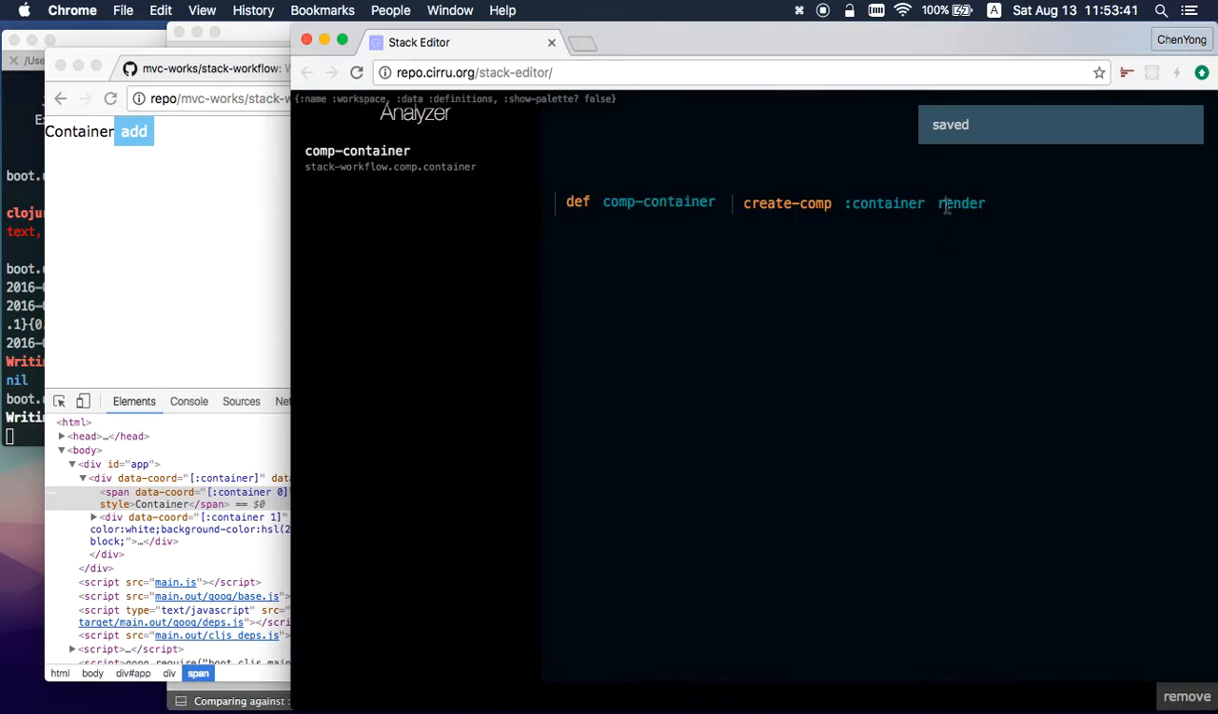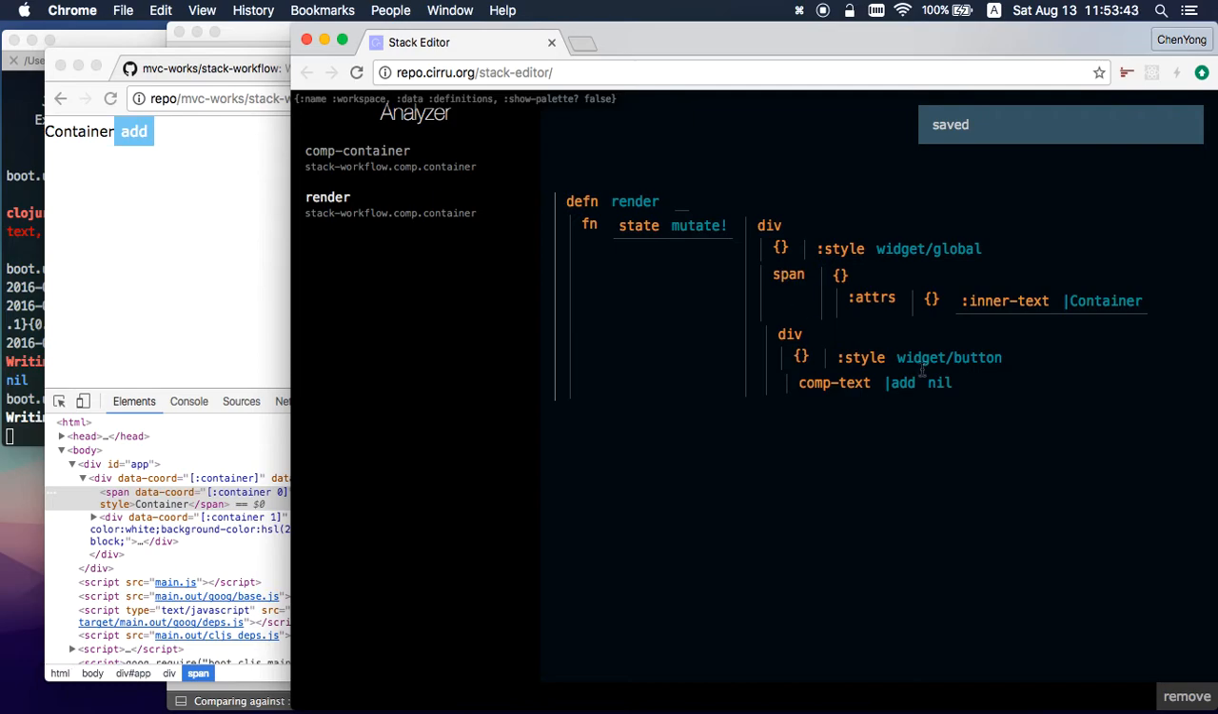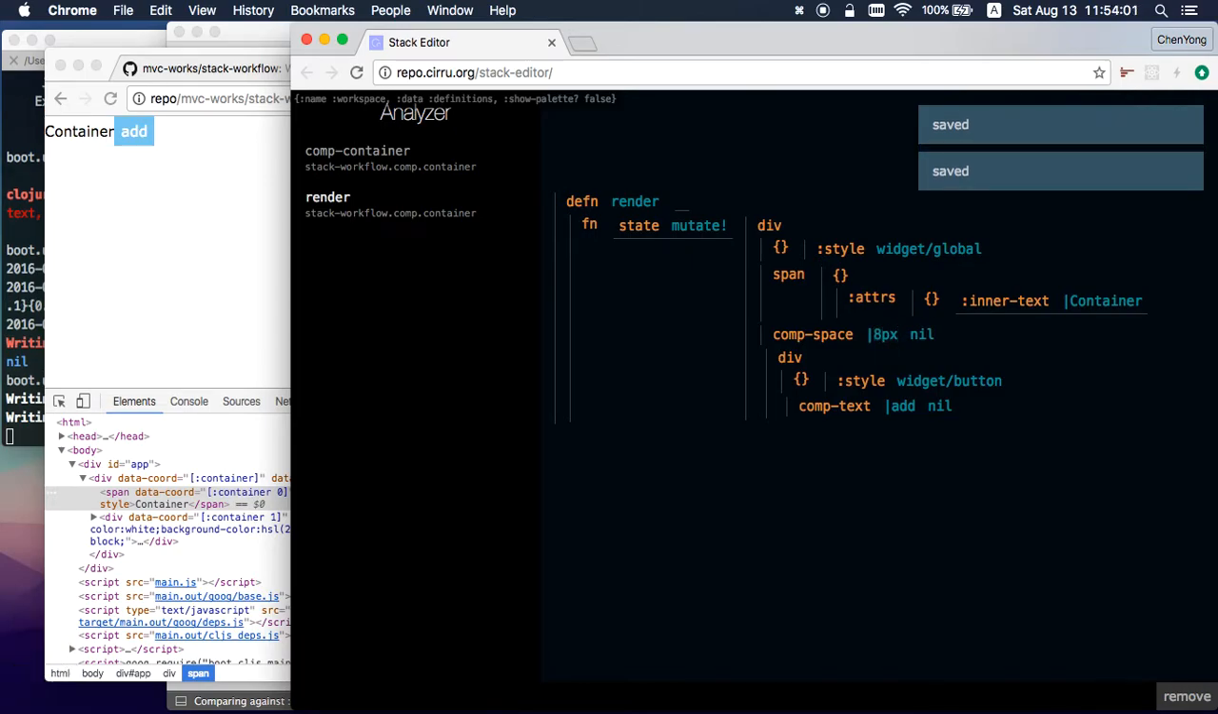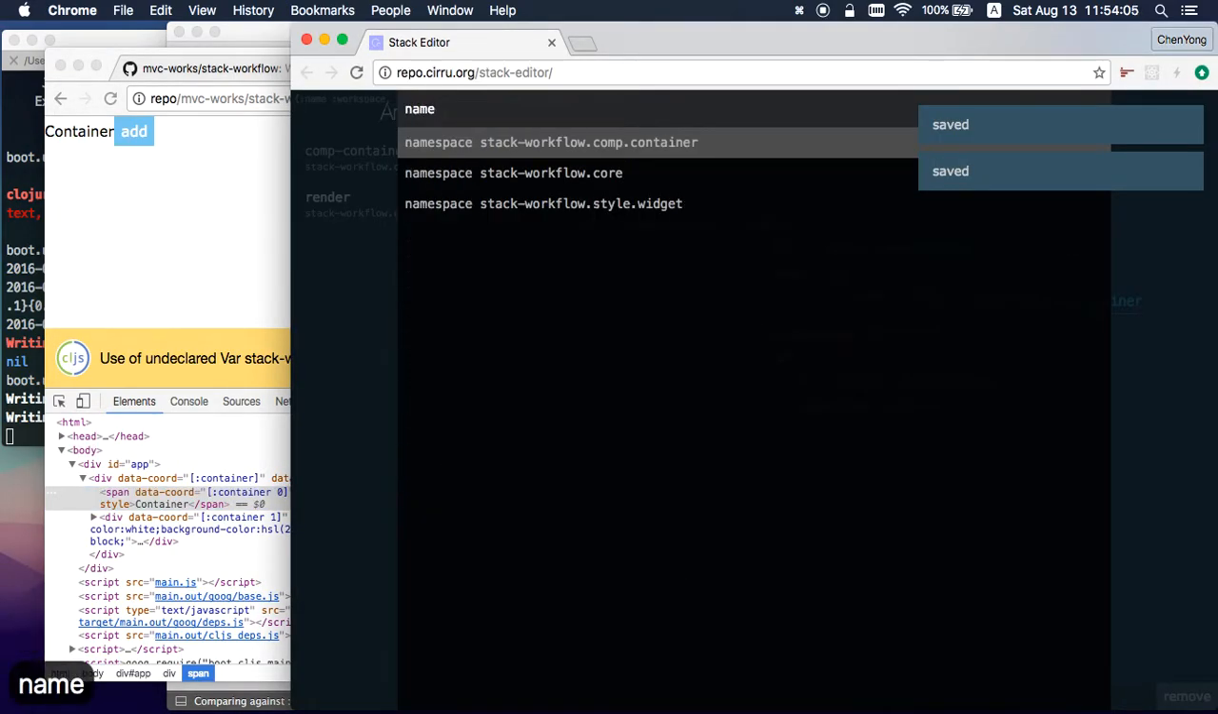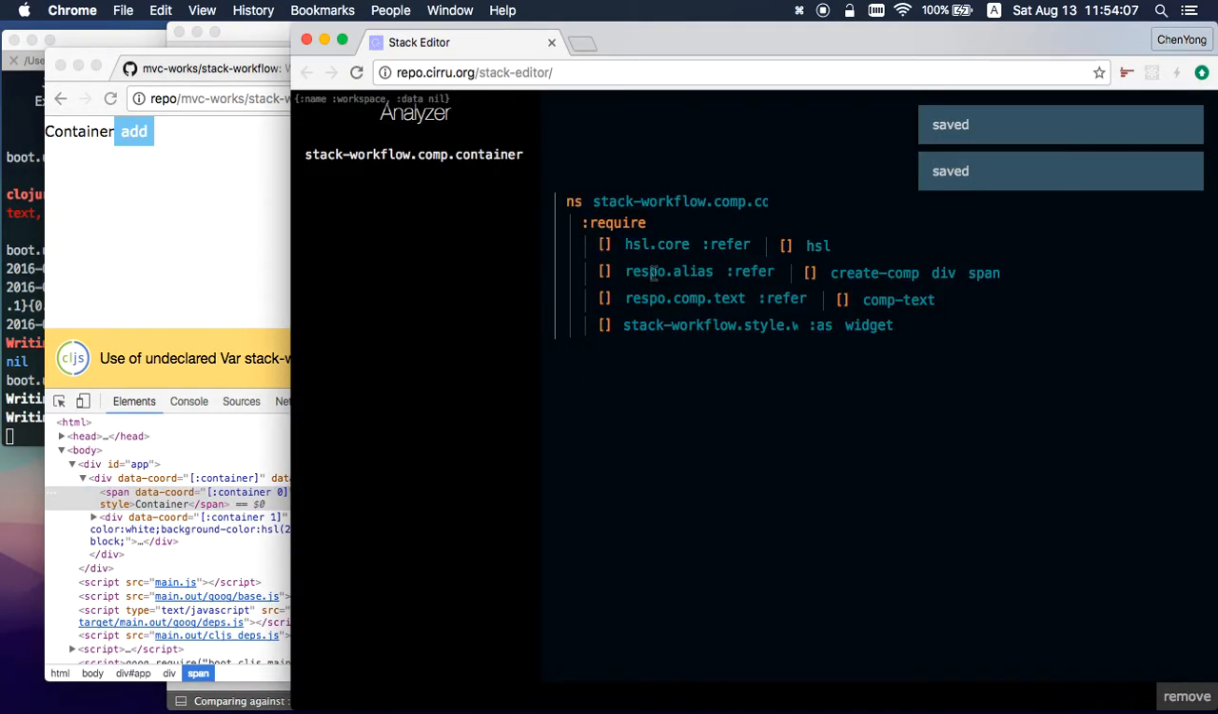Container, yeah, but it's in render. And also here, this is span. This is, yeah, a button. So I'm going to add a combo space, and 8 pixels. Currently, this is not defined yet, so I'm going to add it in the namespace, which is added here, and